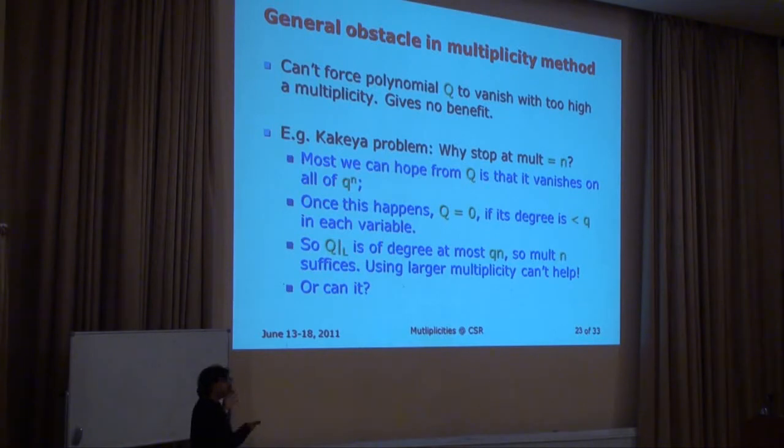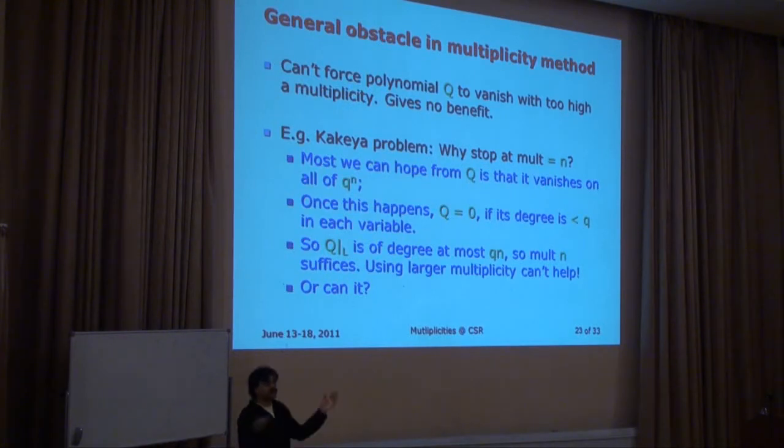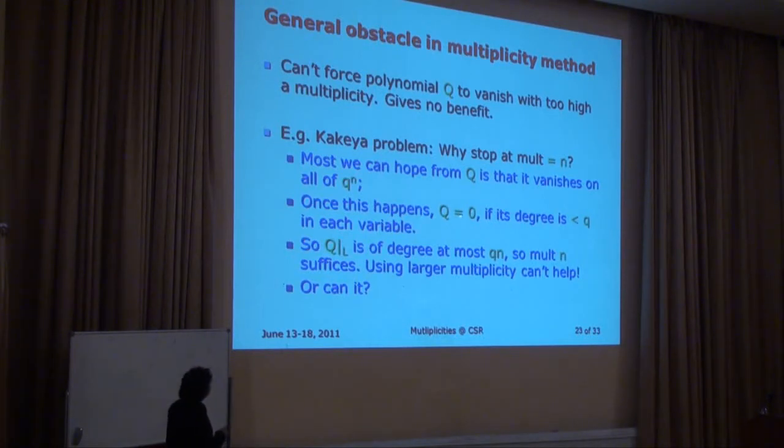Why? Because so far the only feature that we've been using is that this polynomial will eventually vanish at many, many places. How many places can I make it vanish? Well, maybe the entire space, q to the n different places, everywhere it vanishes. The most I can extract from that is that if this polynomial happened to have degree less than q in each variable, then I can say something. If it's allowed to have degree more than q in some variable, and I know it's vanishing everywhere, well, it doesn't mean anything to me.